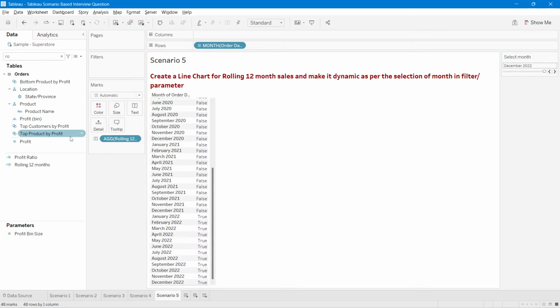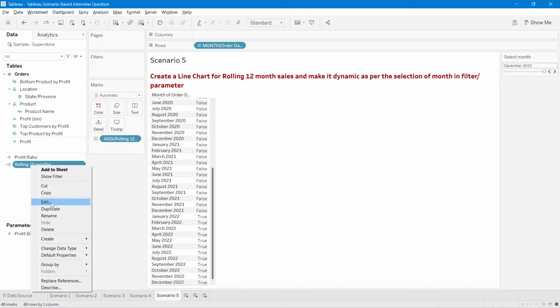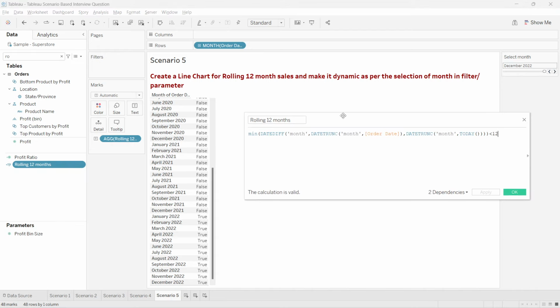Now we want to modify our calculation to make it dynamic with respect to this particular month. So how can we do that? Now I will edit this calculation. So first I will edit this and see how we can do this. All right, this is very important here, guys. Now instead of today, I will take this selected date, that is whatever month we will be selecting from here. Okay, and I will click on OK,